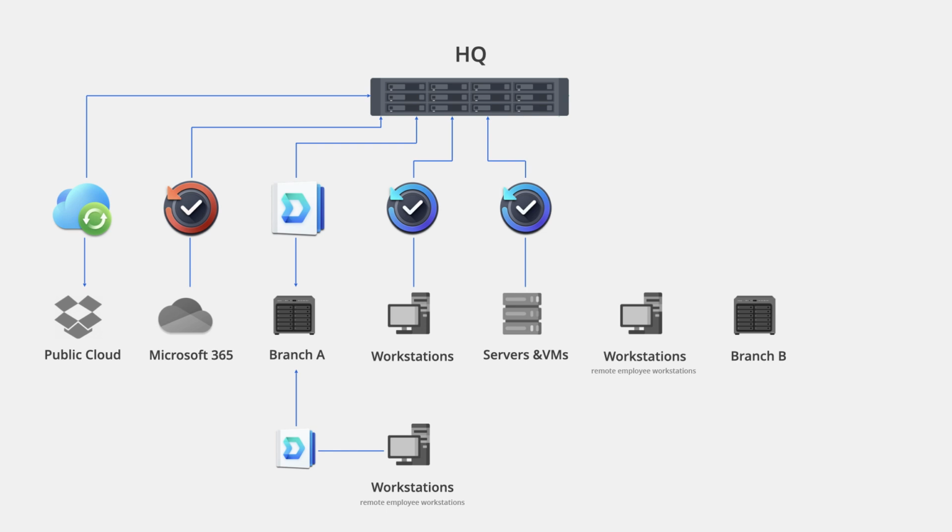The 3rd location, Branch B, is primarily used as a disaster recovery location. However, they do have a few employees who are working in and out of the office. Similar to Branch A, they use Synology Drive to back up their PCs at the file level, but because they are constantly on the road, they back up directly to the NAS at HQ. However, they do have a NAS at this branch that they use for disaster recovery for the HQ location.